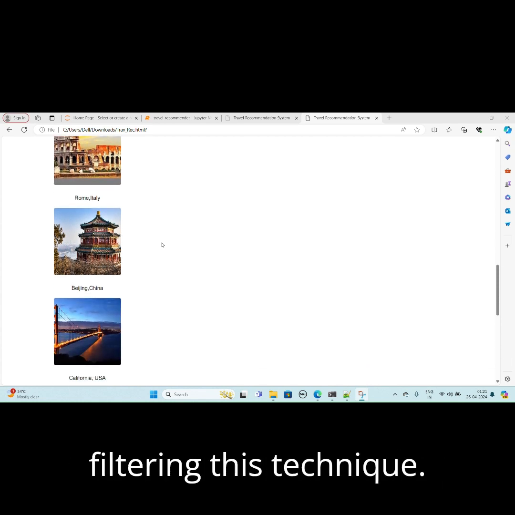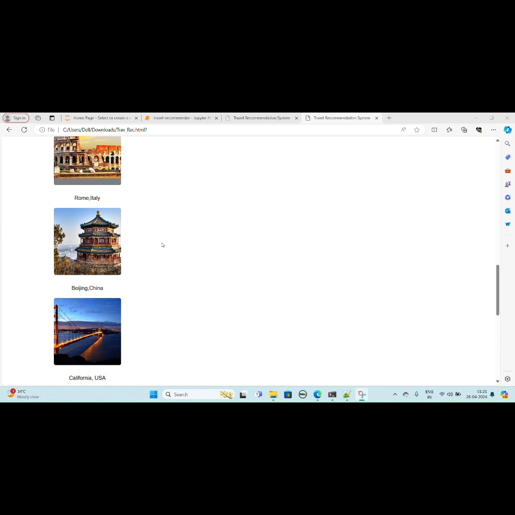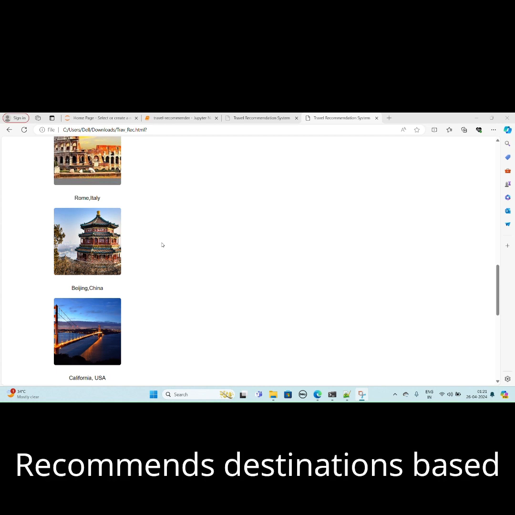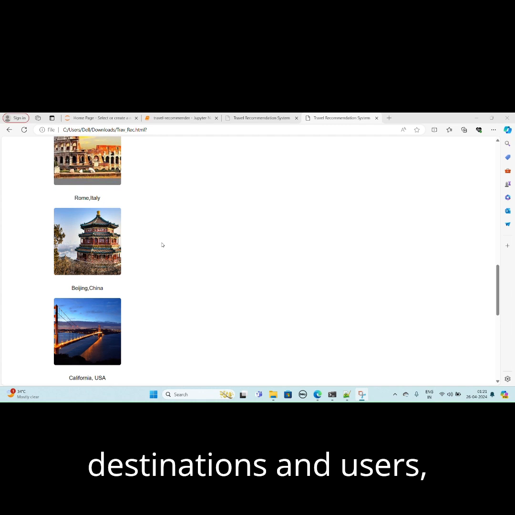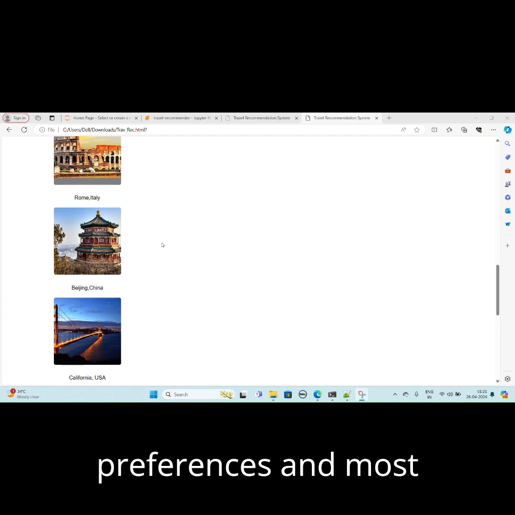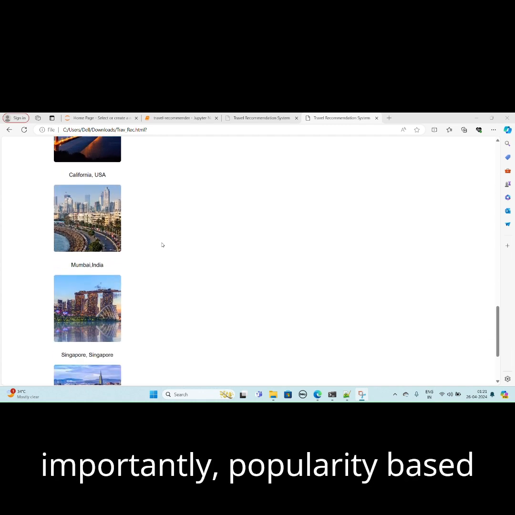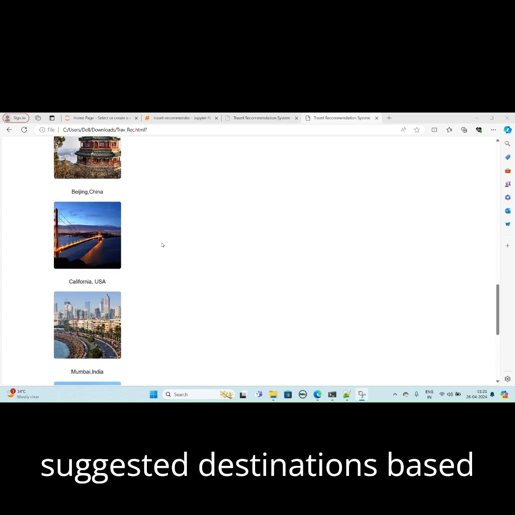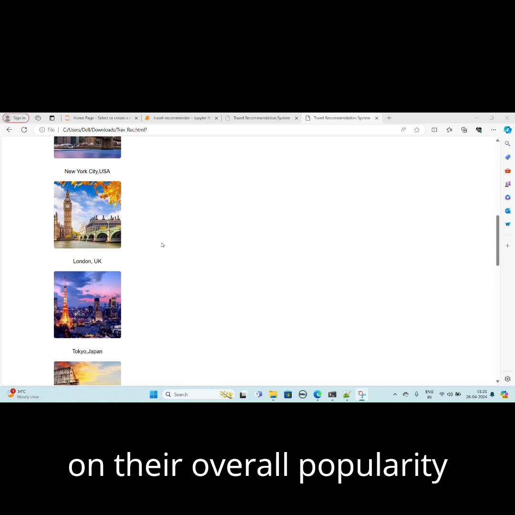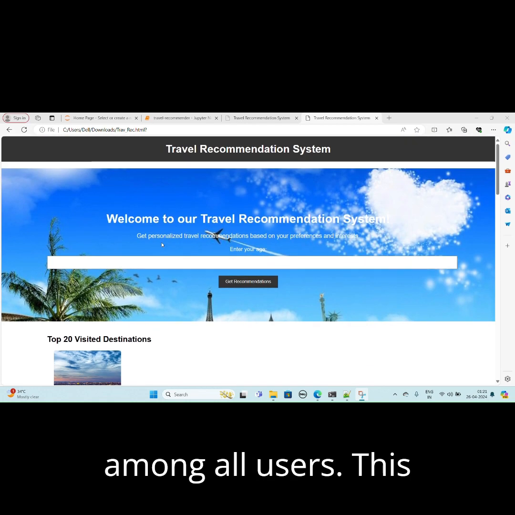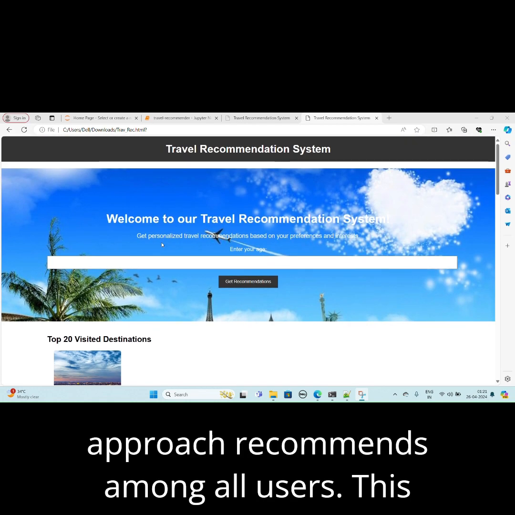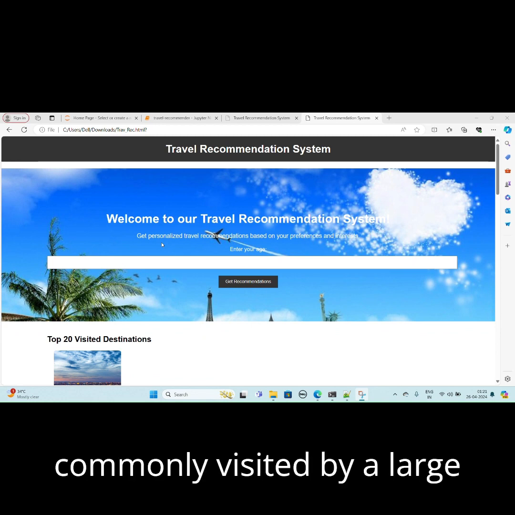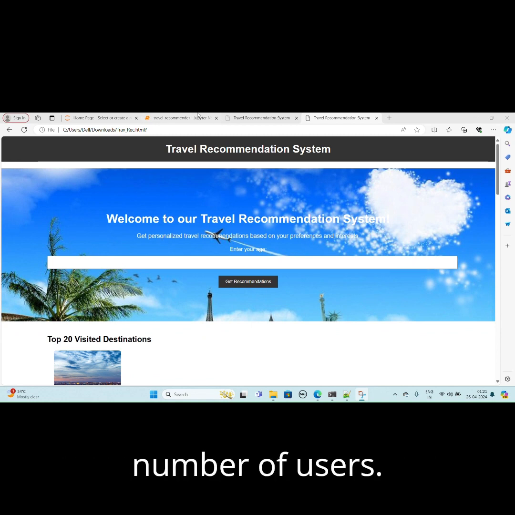Then content based filtering recommends destinations based on the features of destinations and user preferences. And most importantly, popularity based recommendation suggests destinations based on their overall popularity or frequency of visitation among all users. This approach recommends destinations that are commonly visited by a large number of users.